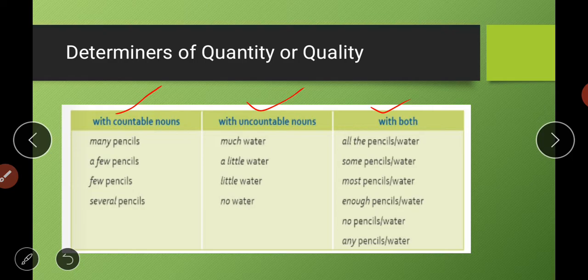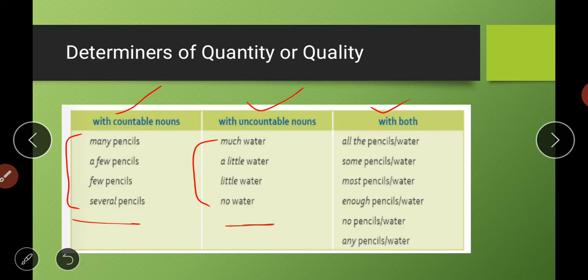So let us take a quick reading of this. So many pencils. With countable nouns, words like many, a few, several are used. And with uncountable, much, little, no water. Much juice; we will not say many juice, we will always say much juice. Things that cannot be counted but can be measured, with those we use the word much. And with things that can be counted, we use the word many. Similarly, in the case of few and little, we use the word few with countable things, and the word little with uncountable ones. So I hope it is clear.